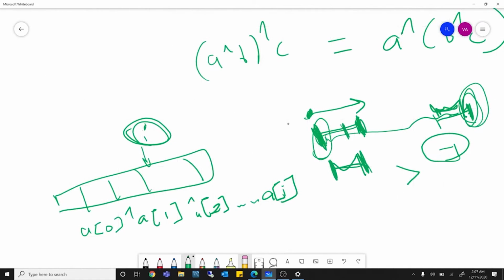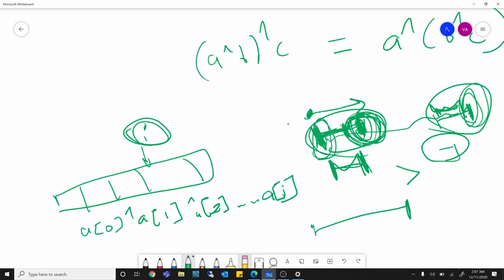Why? Because I need these, right? It will become quite easier because when I take the XOR of these elements, to find the XOR of all the elements until here, I'll simply take the XOR of this element and the XOR of this element. So what will this return to me? Suppose this is the array and somewhere here is I and somewhere here is J. J is storing the XOR of all of these elements and I is storing the XOR of all of these elements.